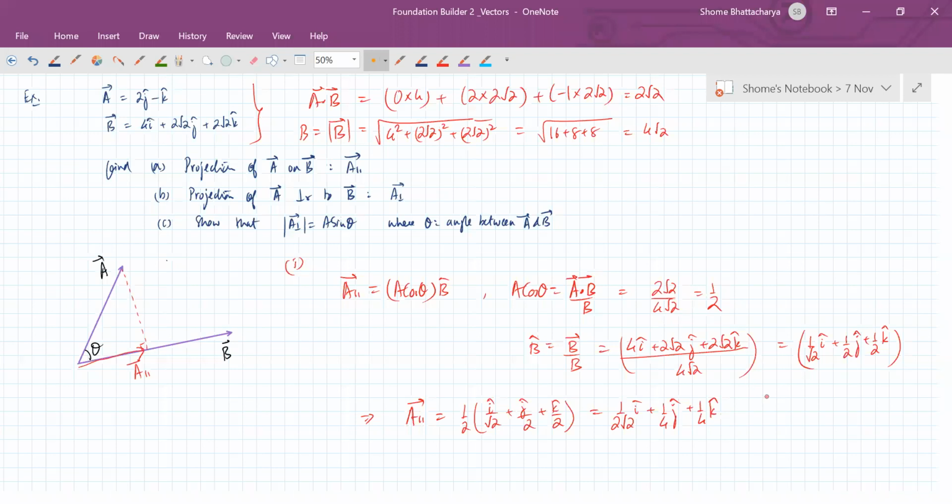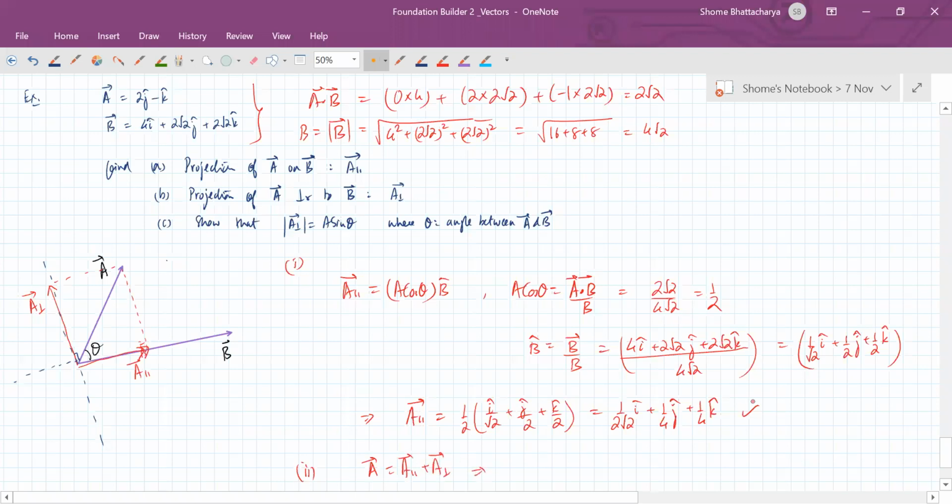Okay, so people, hope this is clear. So we found the first part, the parallel component. Now how to find the second part, the perpendicular component? So for that we use this relation. So first of all, what is the perpendicular component? So for that you just draw a line which is perpendicular to the direction of B. This one. And then from A, so this is the A perpendicular vector. So you can see that the sum of these two vectors, A parallel and A perpendicular, is nothing but the vector A.